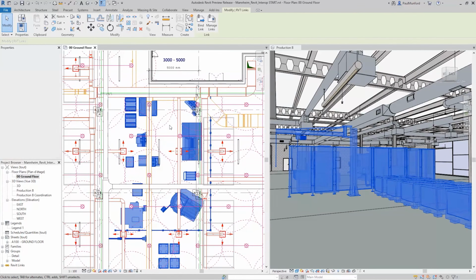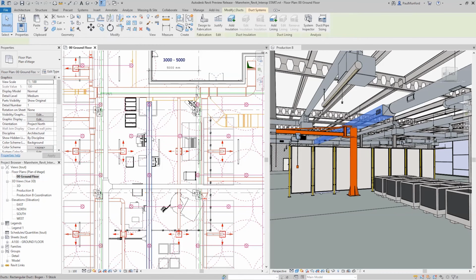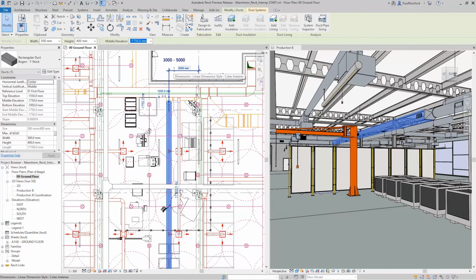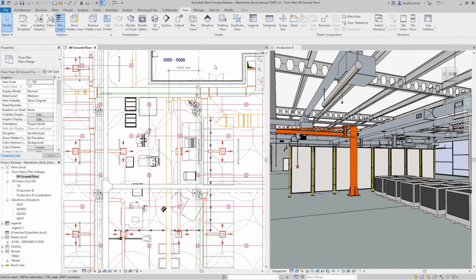Let's take a look at our 3D view and 2D reflective ceiling plan side by side. And we can select here the duct we want to move, and we'll see it highlight in our model in both windows. I'll select the dimension it needs to change and type in a new figure. And we can see that the duct has moved and it no longer looks like it's causing a clash. Now, we want to be able to round trip this back into Inventor. And to do that, we'll save the Revit model.